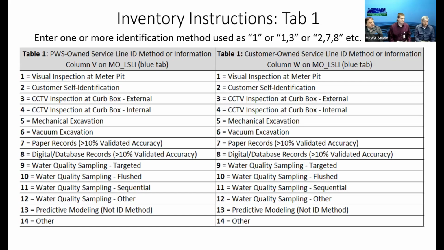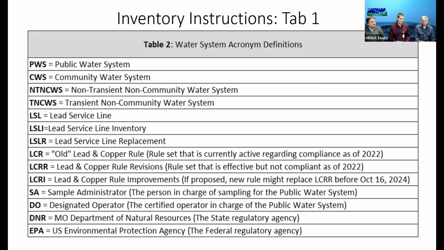Okay, next question. For utilities that have a newer system and new homes, is it okay to submit the spreadsheet early? If you finish your inventory and you have records and know what it already is, that's awesome. Save yourself time. If you can submit it to us early, we actually encourage that, get it submitted as soon as you got it done, because if we get 1,700 of them on October 16th of 2024, it's going to be an issue for us. And next slide.